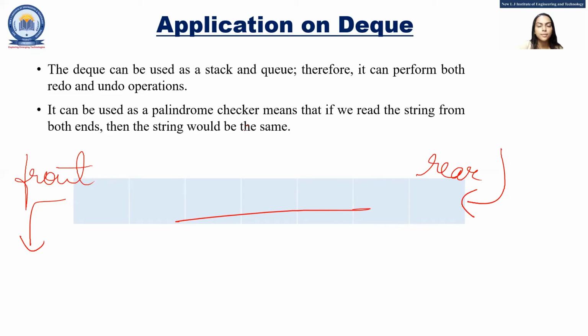It can also be used as a palindrome checker, right? That means if we read the string from both ends, it would be the same. So if we start reading from here and if we start reading from here, it would be the same. So DQ can also be used as a palindrome checker. Again, it can be used in